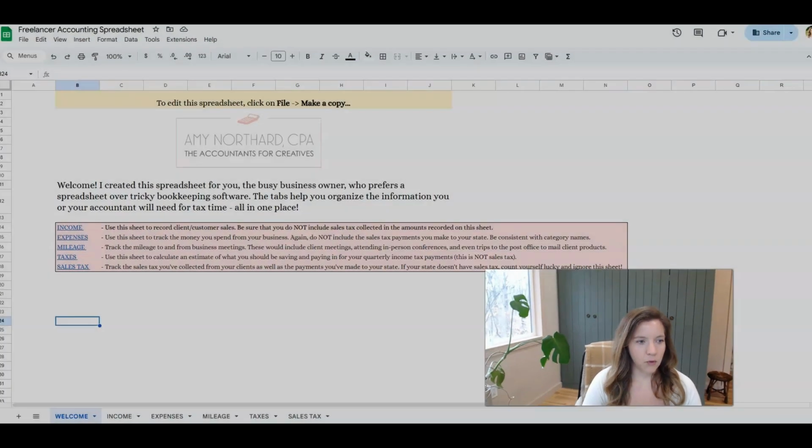If you're an S corporation or a partnership, you'll really want to use a bookkeeping software like QuickBooks Online or Wave, because those programs will automatically create all of the reports that are needed by your accountant to do those special tax returns. So we will dive in here